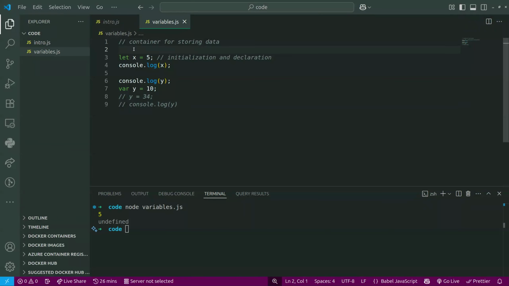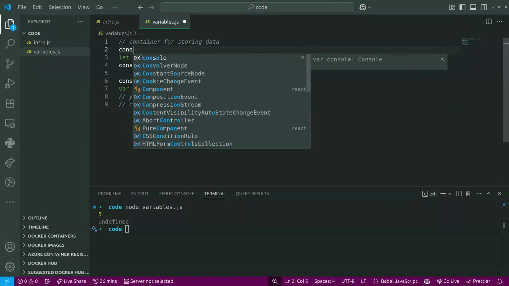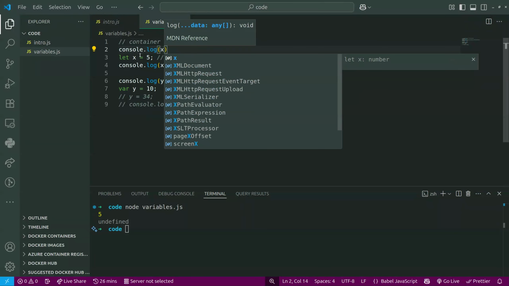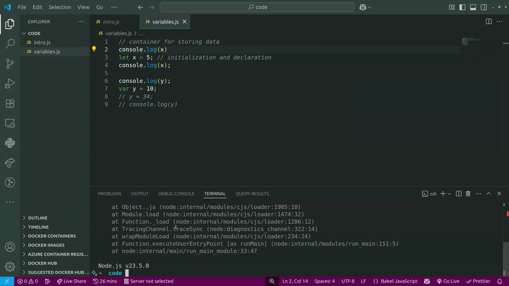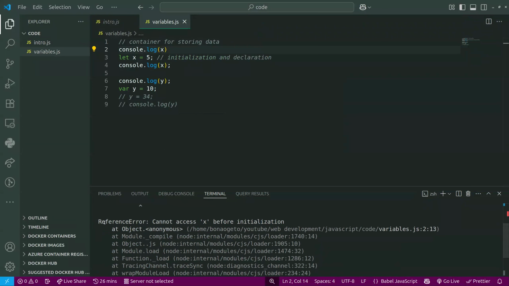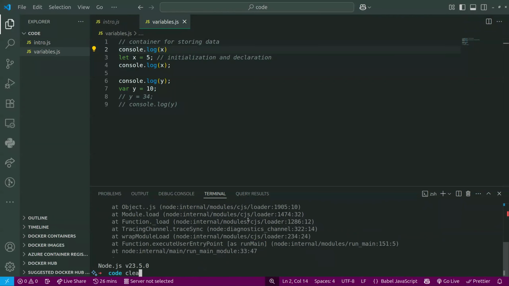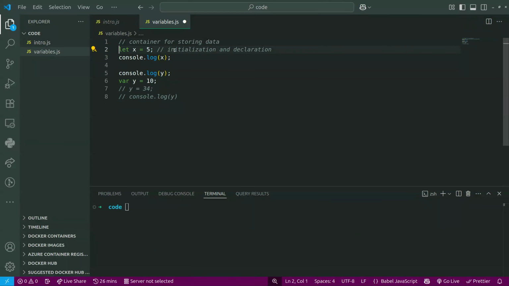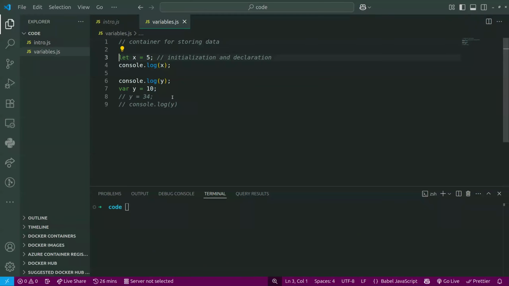But if you try to do that with let, I'm going to just try and console.log x right here. If we run the code, you'll see that it automatically raises an error, and it even tells you it is a reference error: you cannot access x before initialization. That is very important. So that being said, my point here is that we do not use the var keyword anymore as much,